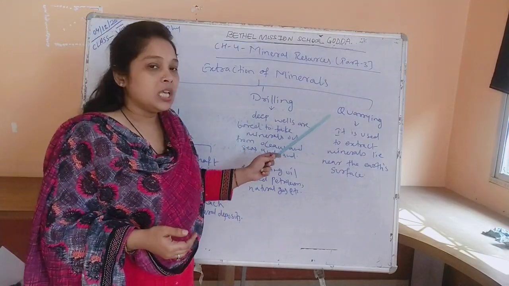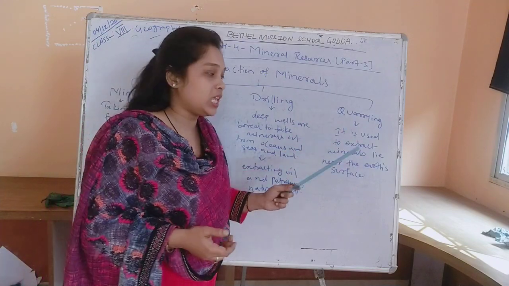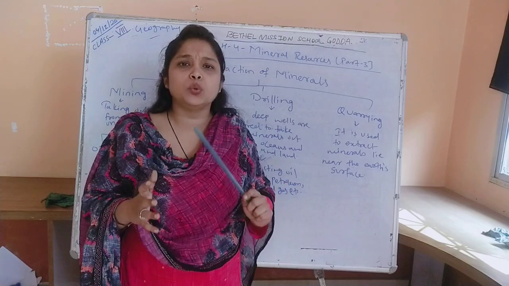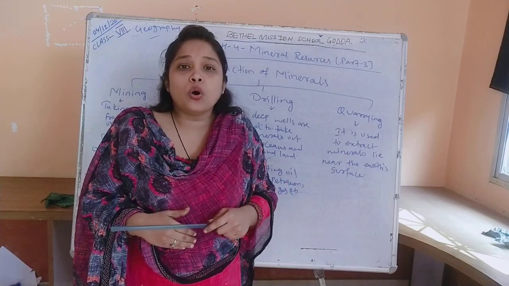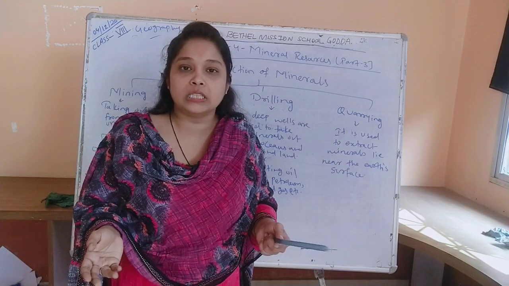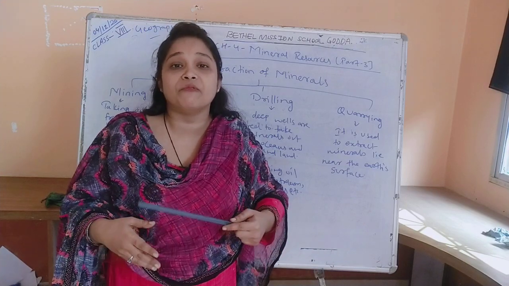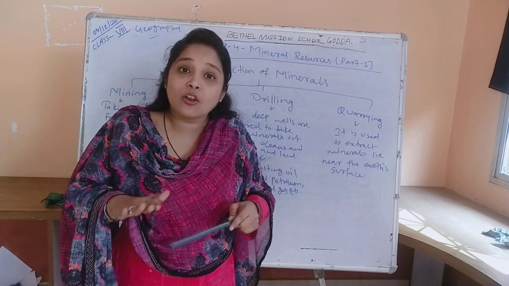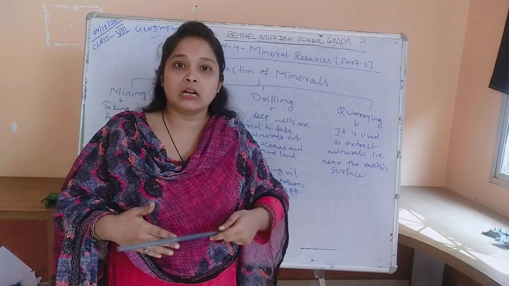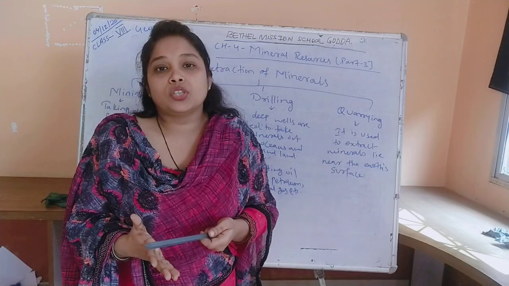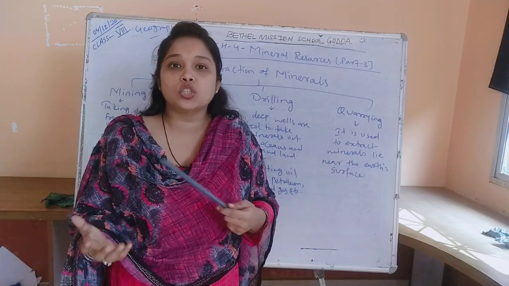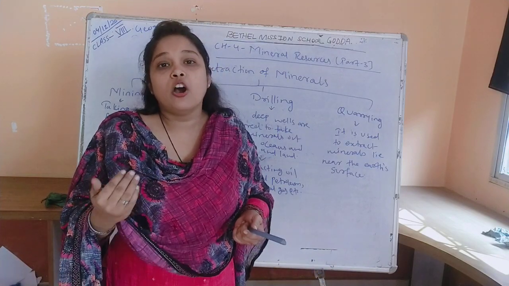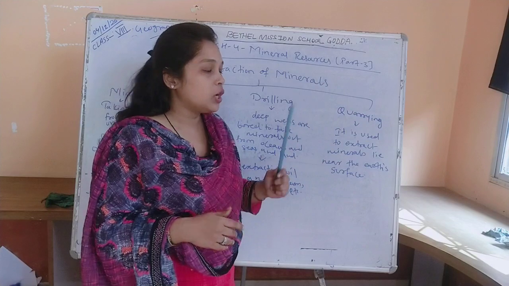The third method is quarrying. Quarrying is a method used to extract minerals which are very nearby to the earth's surface. That means there is no need to remove the layer of the earth, or to make deep bores, deep wells or deep tunnels, because they are on the earth's surface. It is a process through which we can refine: we take the soil from the earth and refine it, and from that soil we extract the minerals through the method of quarrying.